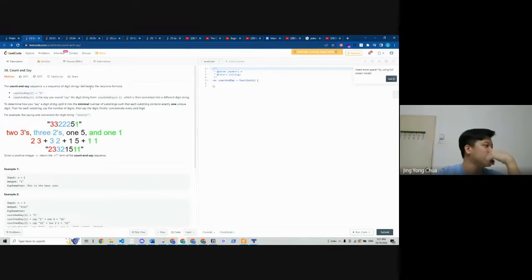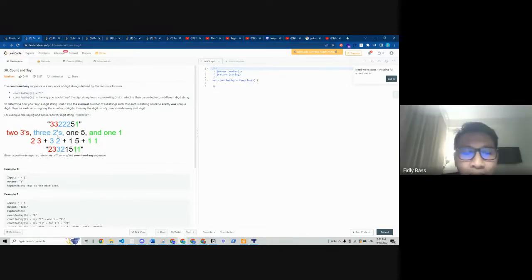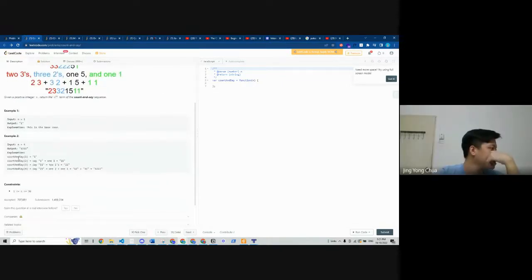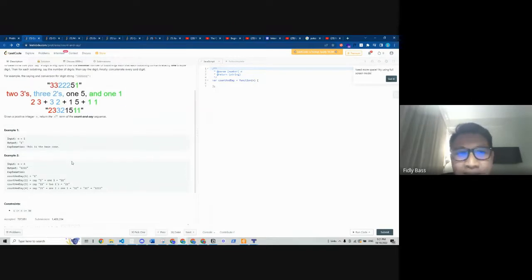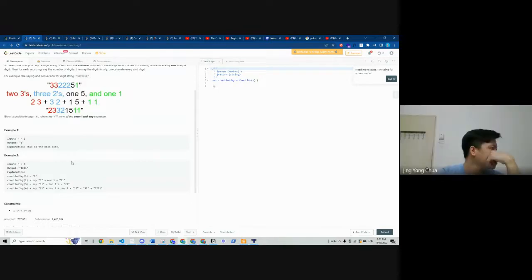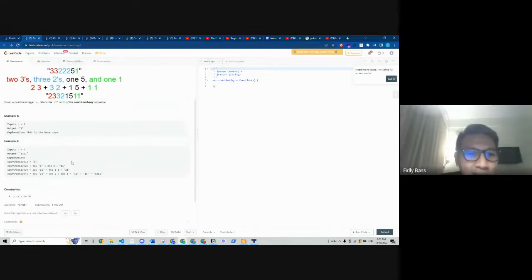I don't think it's regex. Let's say count and say 1 1 1 1. Oh, then use a for loop. It's a string, right? For loop i0, i1, i2.